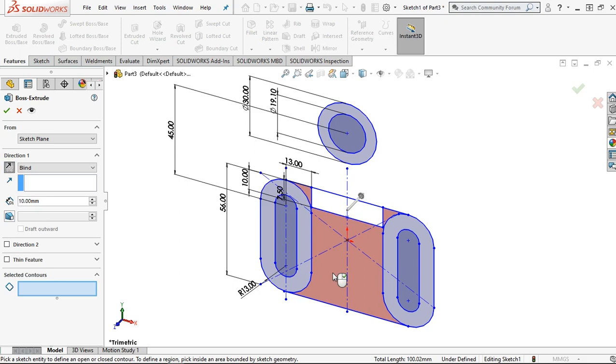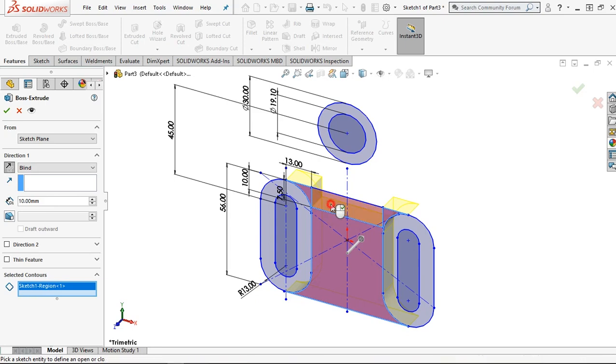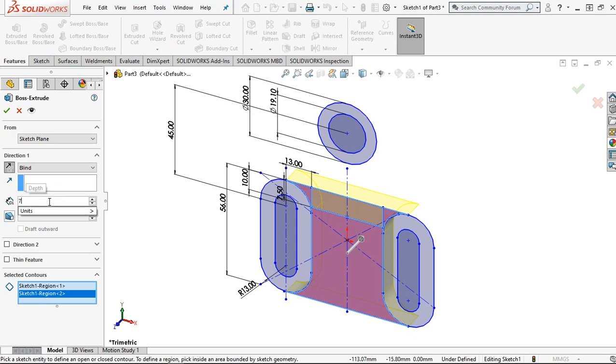Offset the body. Then click OK. I'm sorry. Set to 7 millimeter. Then OK.